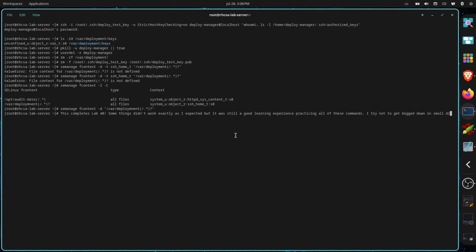But semanage only updates the blueprint, right? It writes the regex to the file_contexts.local file. It does absolutely nothing to the live extended attributes on the disk. Nothing at all. If we tried to log in right now, we would still fail. You'd still get blocked. We have to force the kernel to read the blueprint and apply it. So we run